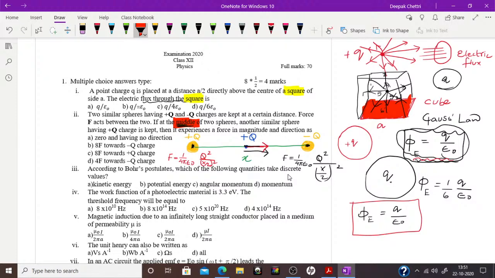I have explained why the direction is same, because these two charges repel each other, so there is repulsion, so the direction will be this, right. They will push each other, so this will be the direction shown with the red arrow, and the force between these two, minus q and plus q, will be attraction. So the direction of the force will be again towards the black arrow, right. So they have the same direction. So what do we do? We add them, right. To find the total force we have to add them. So if I add them,